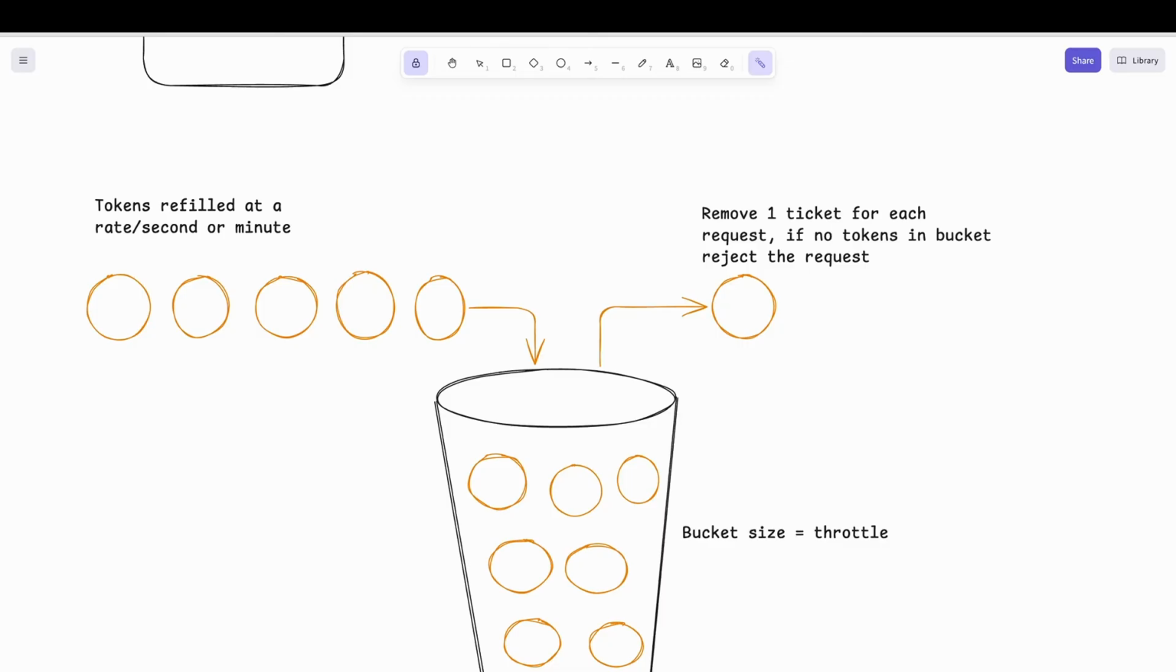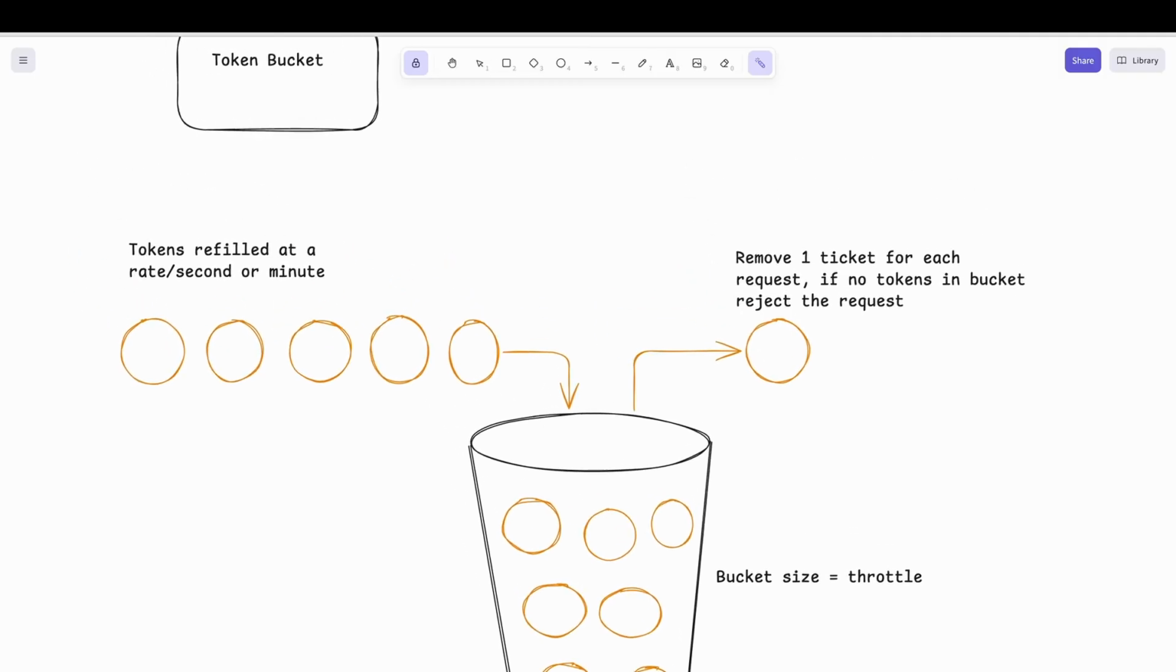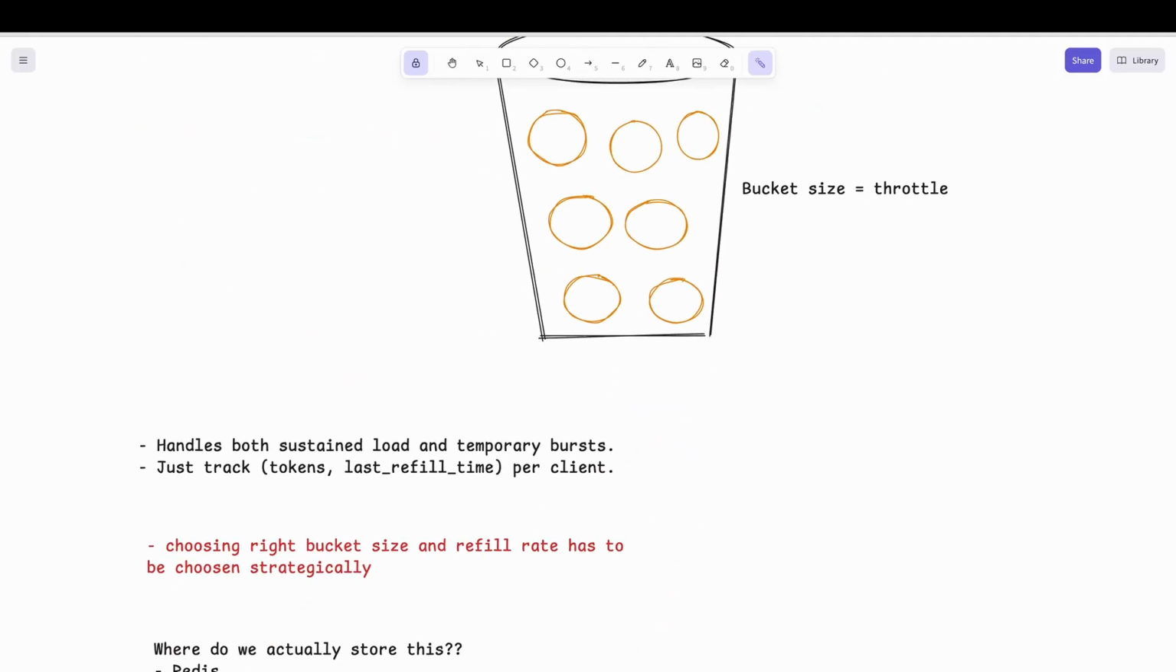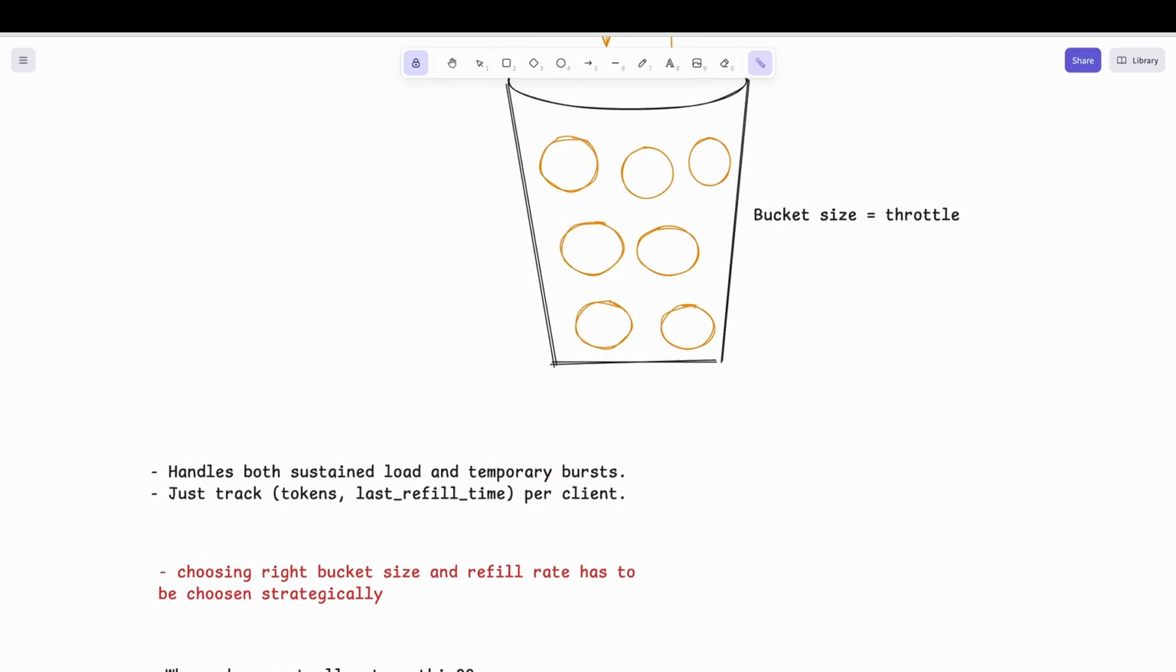Then for additional requests he should wait for this refill rate. Let's say it fills 10 after 1 minute, then after 1 minute again he can make 10 more requests. So it gets filled in this way, which is really good because it handles both sustained load and temporary burst. So even if it's hitting 100, because we have bucket size as a throttle value, it really handles that